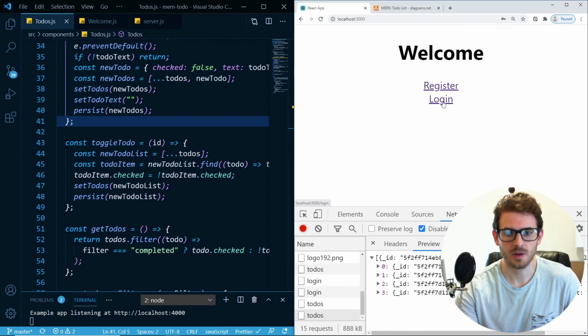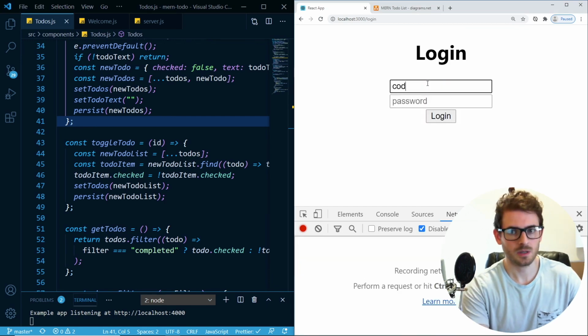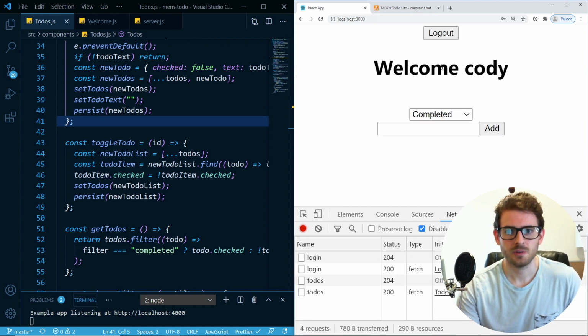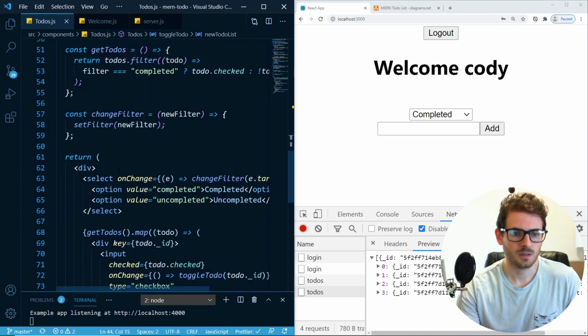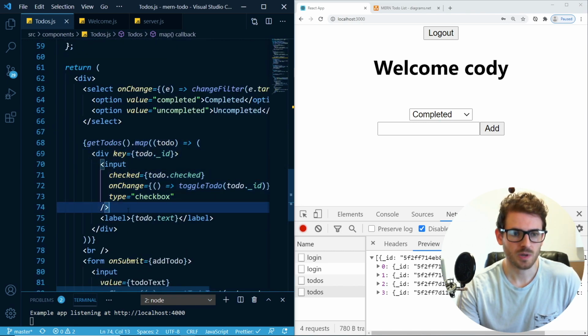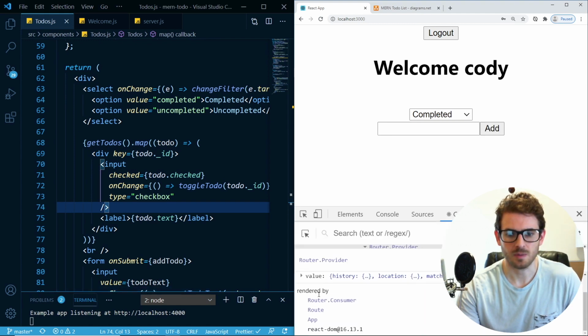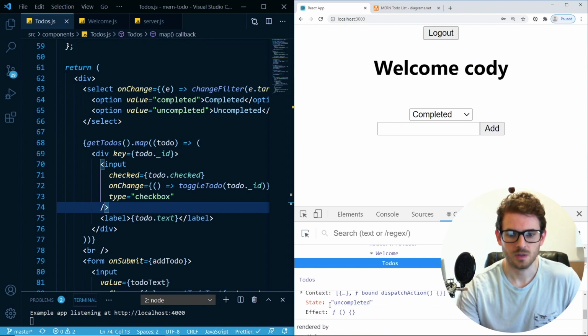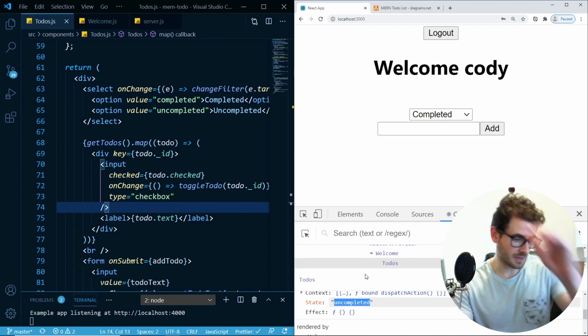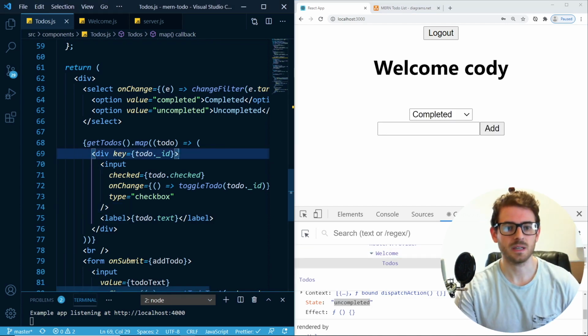Let me show that again. So if I logged in as Cody and I go and type in my password, it redirects me to this view. I get my to-dos. They're all checked as true, so they should all be showing up under this completed. But for some reason, they are not showing up. So let me go to React, and maybe there's something that I'm missing here. So go to to-dos. We have all these. State is uncompleted. So for some reason, the state is uncompleted, and I think it's because I need to set